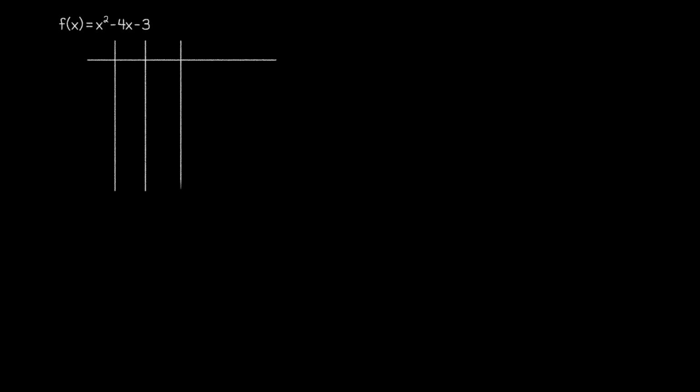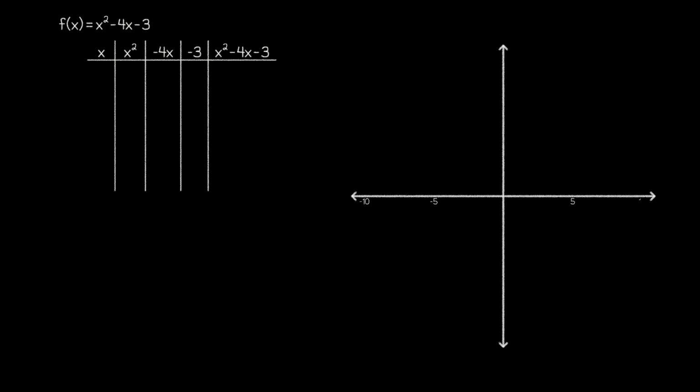Let's jump into it by graphing this function. We'll make it easier to show our work by making an extended table of values. And in that extended table, we'll have 5 columns. The first column will be for our input, but then the next 3 columns will be for the individual terms of the function. Then, our final column will be for the output, which will just be the sum of the 3 middle columns.